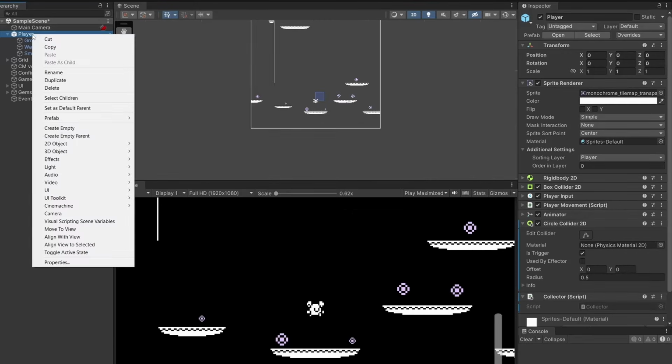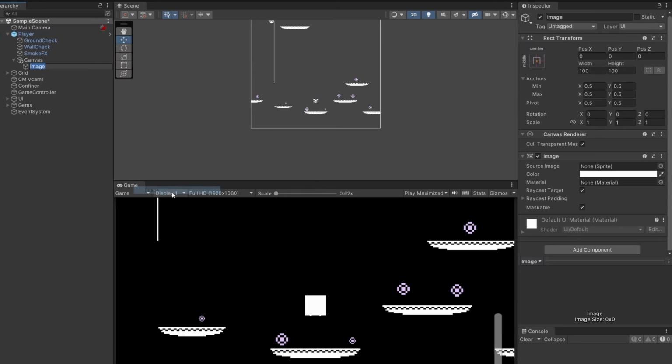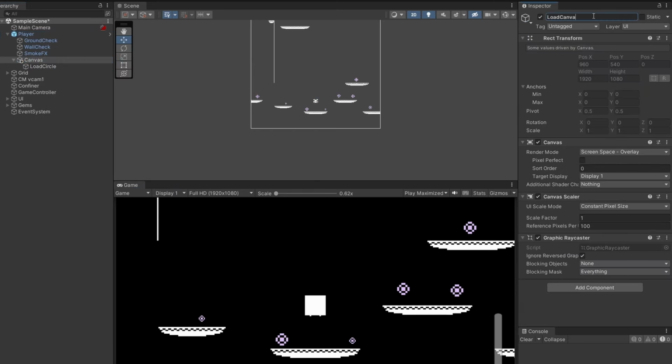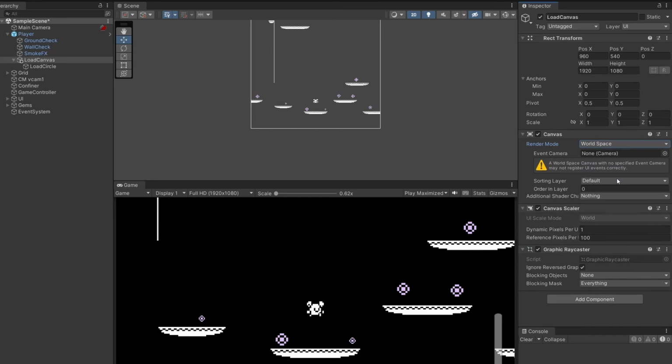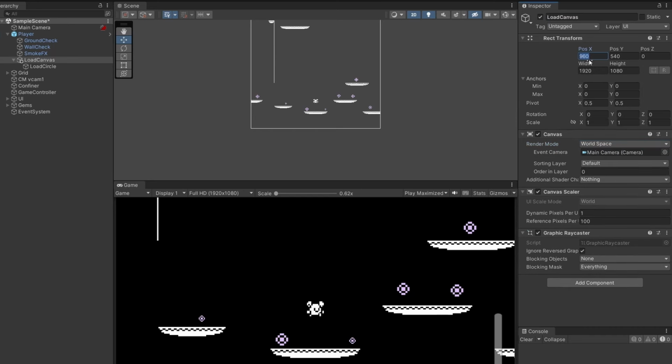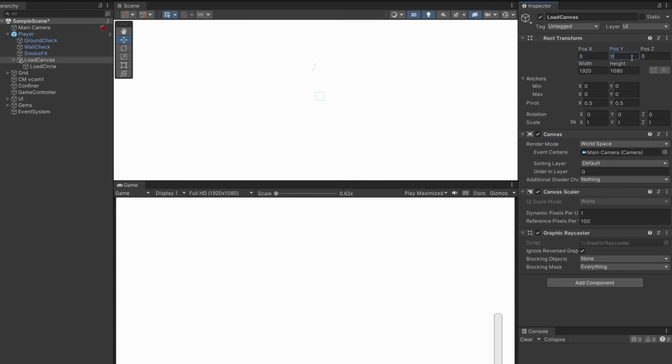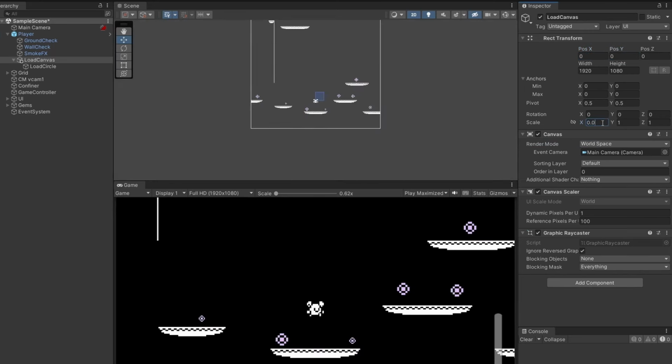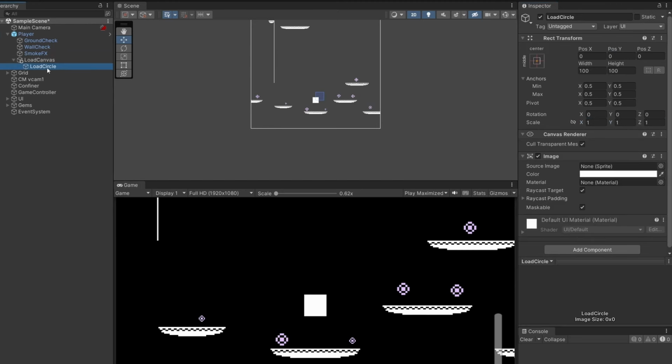our button. So right click on our player and go UI, Image, and call this image Load Circle. Then I'm going to rename our canvas Load Canvas. Then I'm going to set the render mode to world space, so this follows around on our player, and the camera to main camera. Then make sure your canvas's transform X and Y is set to 0 and 0, and you'll see this is way too big. So if you go scale 0.01 and 0.01 in the X and Y,